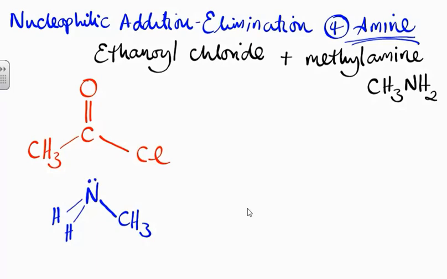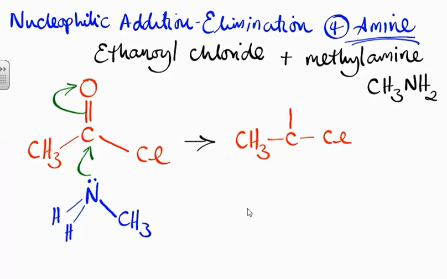Pause the video, have a go. So curly arrow 1, curly arrow 2. What's that going to make? So we're getting used to these now. That's all the same. Broken the double bond. Nitrogen bonded to the carbon, still bonded to the methyl and the two hydrogens. Let's have a look. There's the charges missing. Negative oxygen, positive nitrogen, 3 curly arrows,